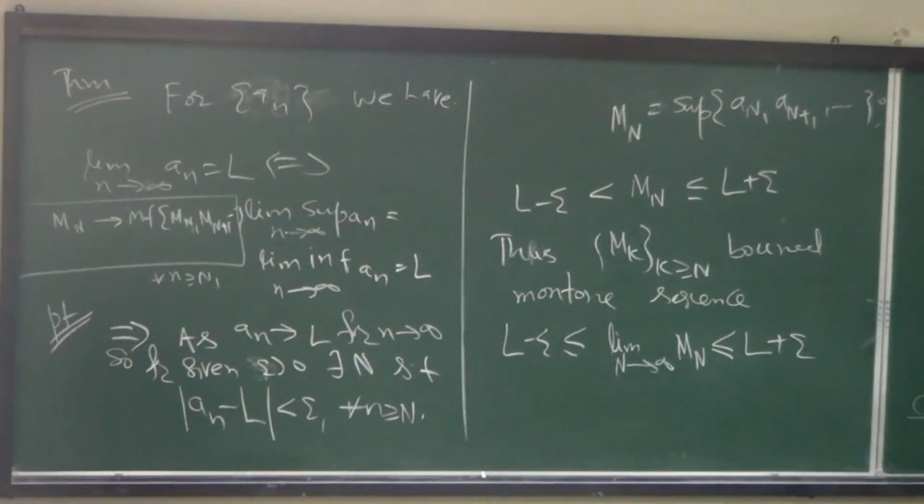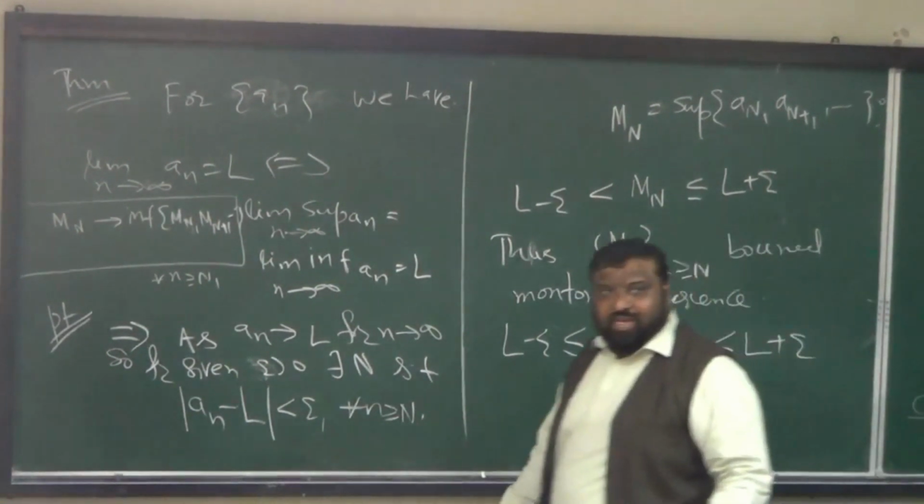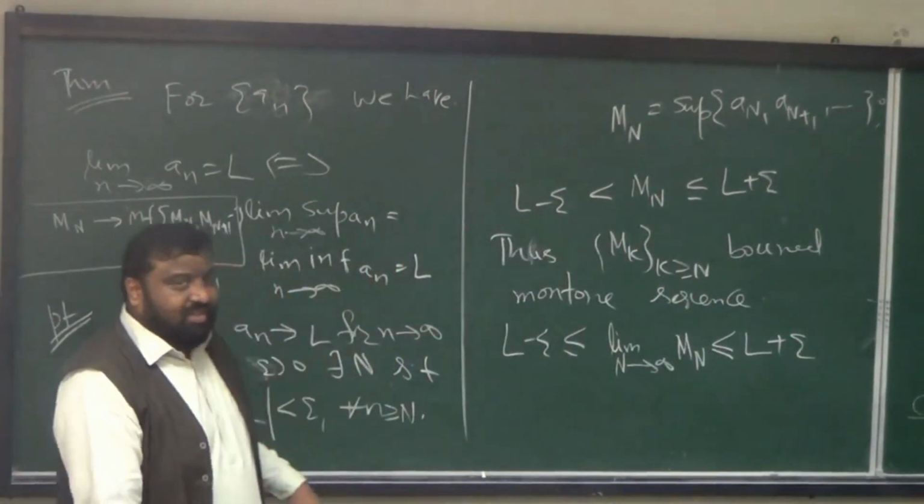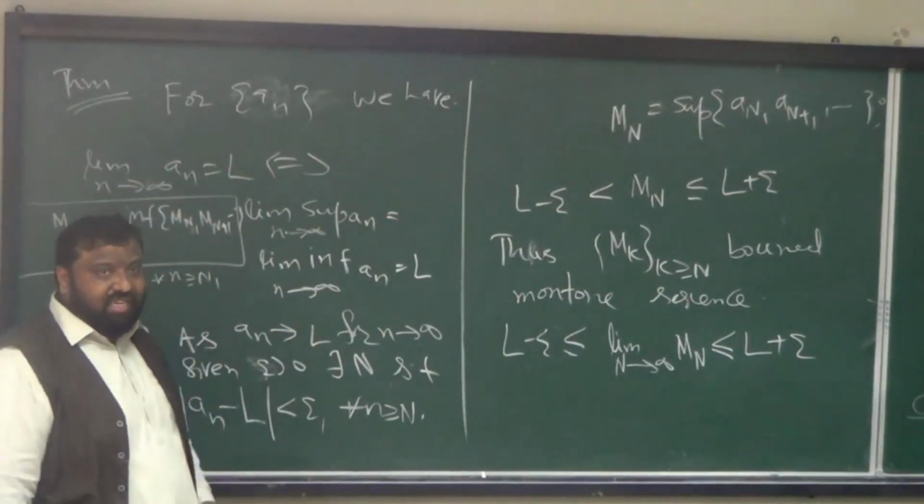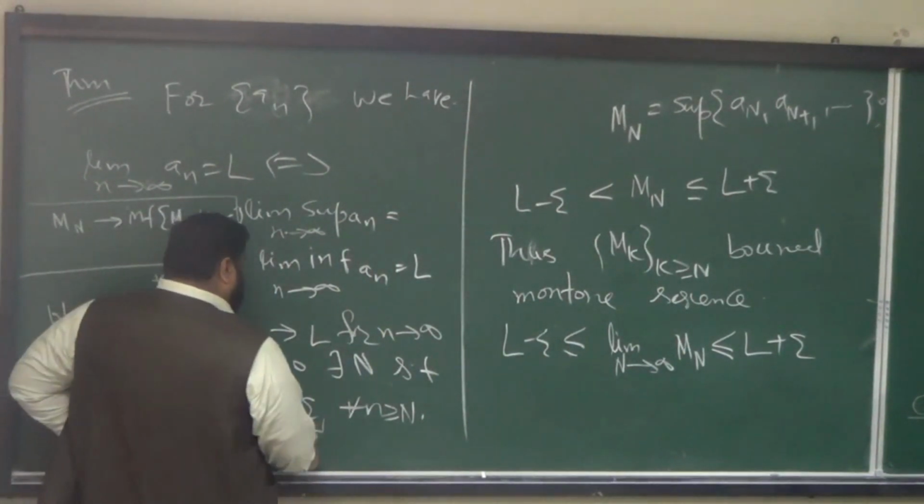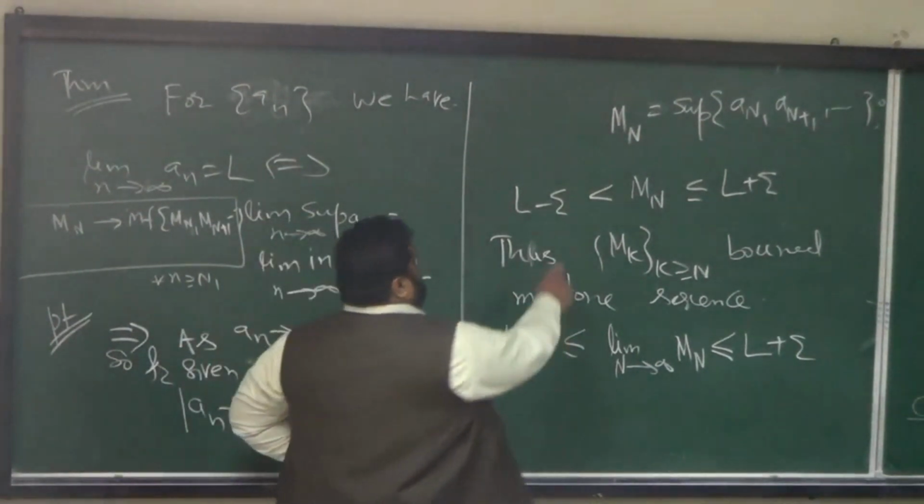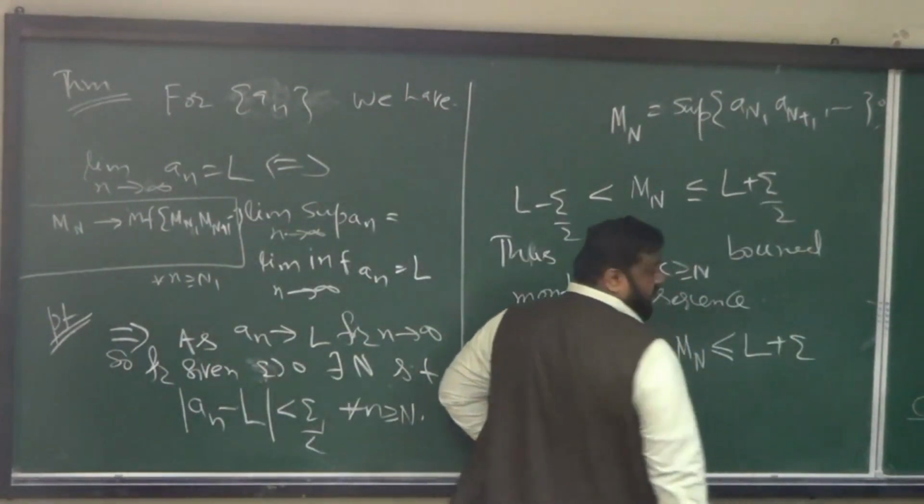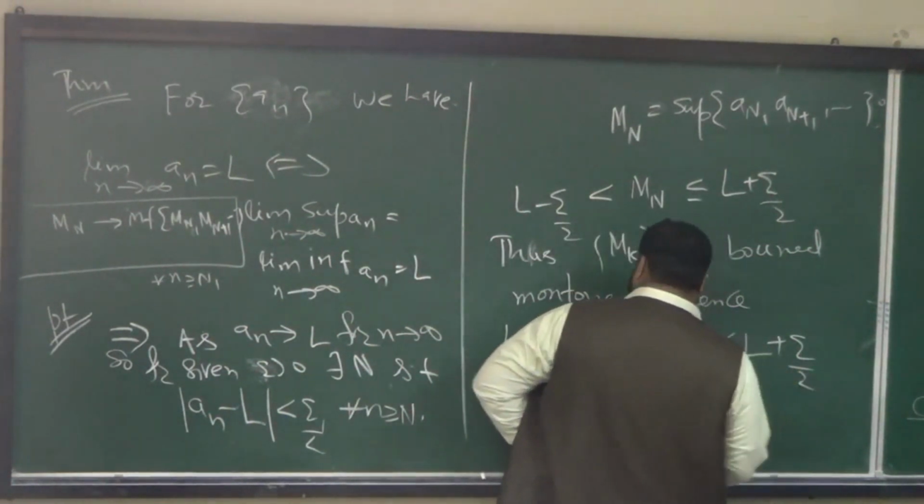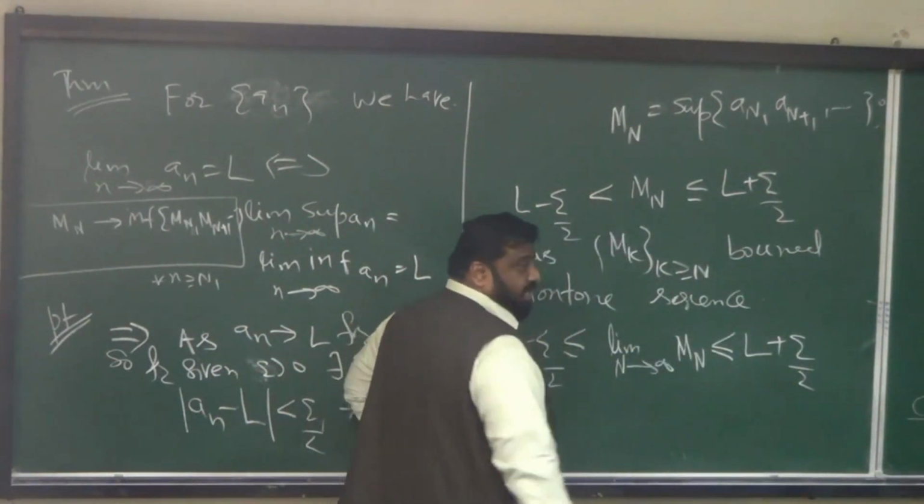Where, beta? We need strictly less. Let's play again. That's a good question, beta. It's a very good question. We need strictly less than epsilon. Let's take epsilon by 2 here. So you're going to have epsilon by 2 here, and epsilon by 2, and epsilon by 2 here. So now you have